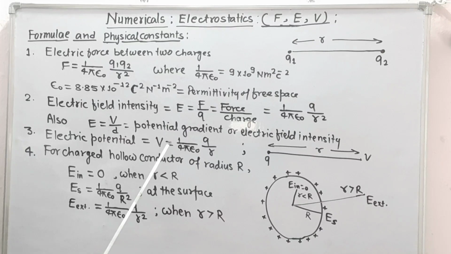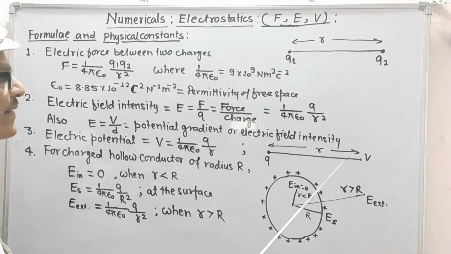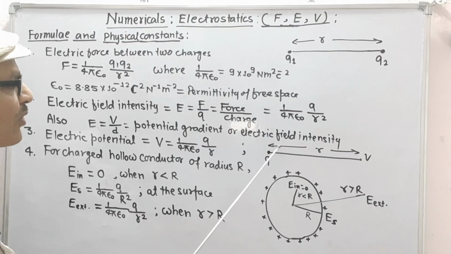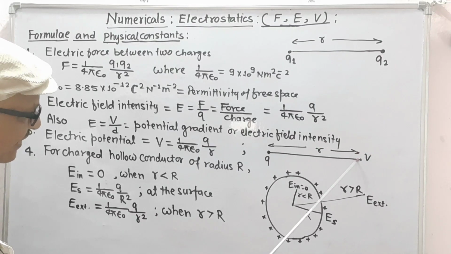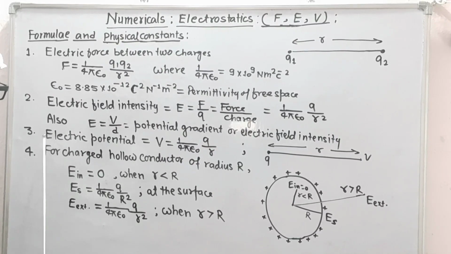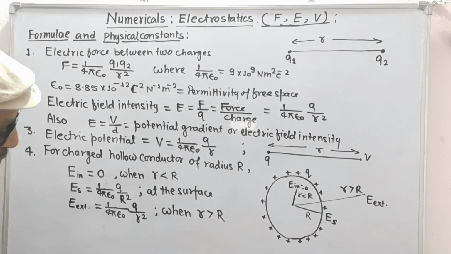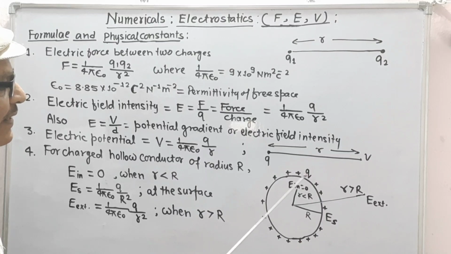Electric potential is a scalar quantity and at distance r from point charge q, electric potential V is given by the formula V is equal to 1 upon 4 pi epsilon naught q upon r. Its unit is volt. Next, for charged hollow conductor of radius r, suppose this is a hollow conductor of radius